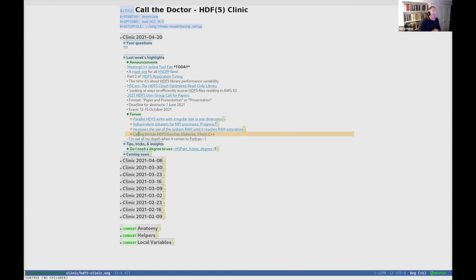because it has nothing to do with HDF5 at this point. It's really just a matter of calling conventions and interoperability, so to speak. But you might ask, and that's maybe a good one, why would anybody want to call the Fortran version of H5D write from C++? Well, a reason I could see is that